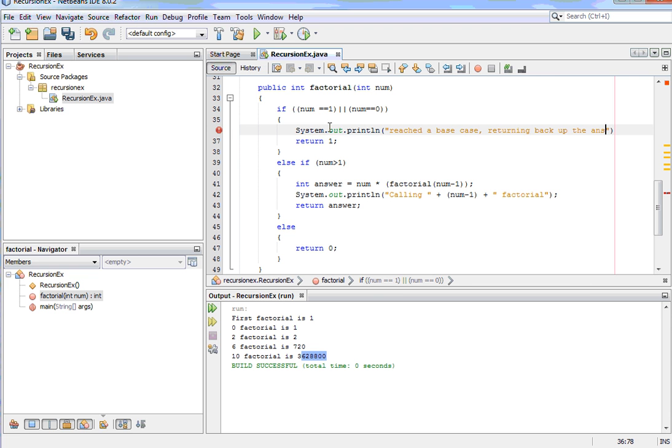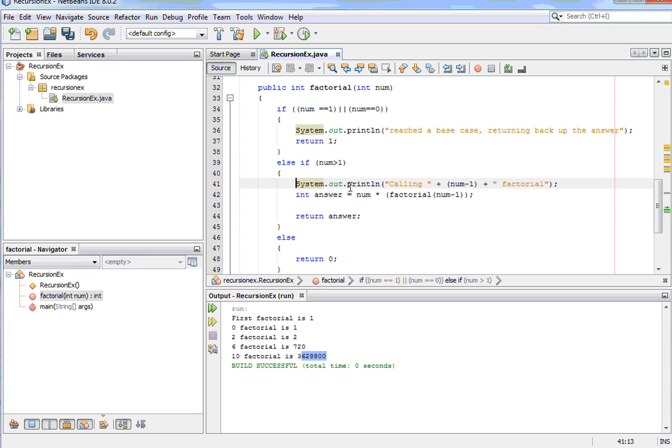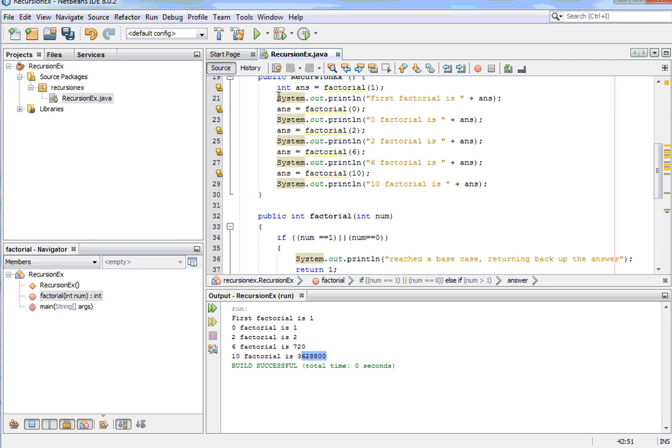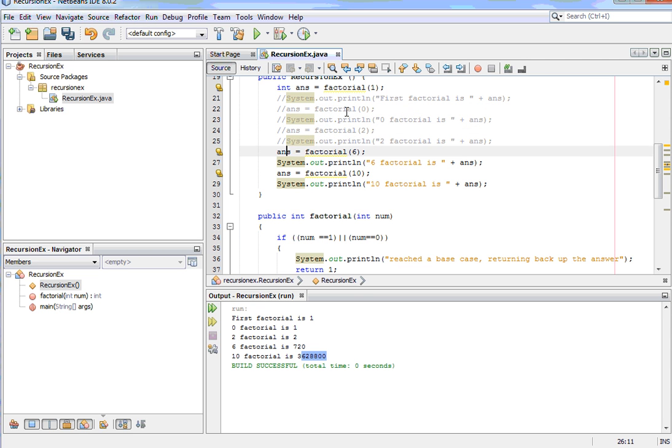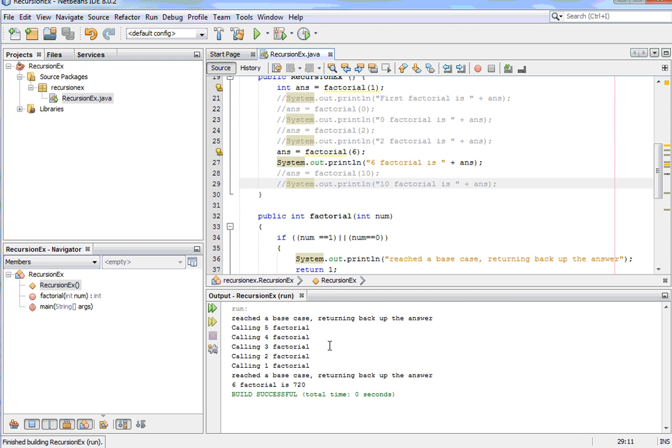Actually, just so this runs correctly, I'm going to want to put this over here. Because if you follow the execution, it'll... Okay, so let's run that. Let's comment out all these other ones. And just look at what the stack might look like for 6 factorial. So, 6 factorial, right? Reach the base case,